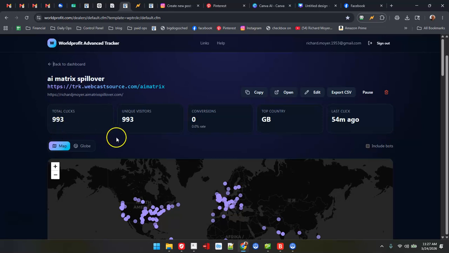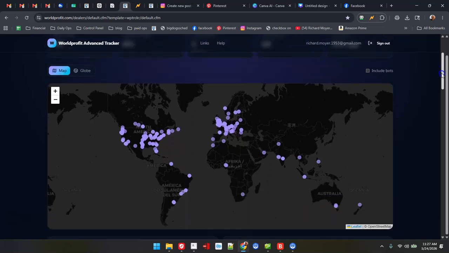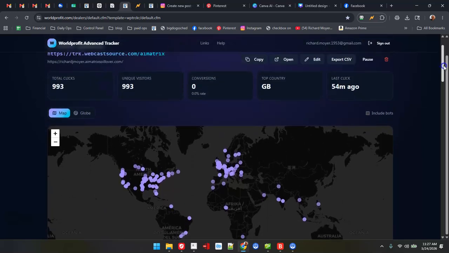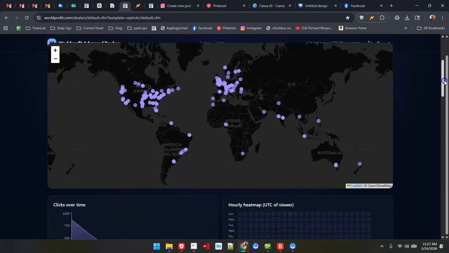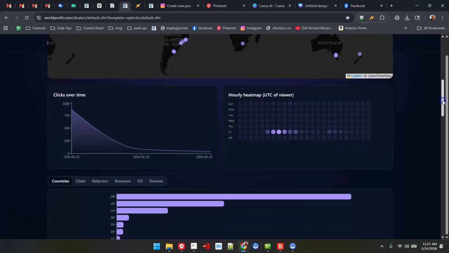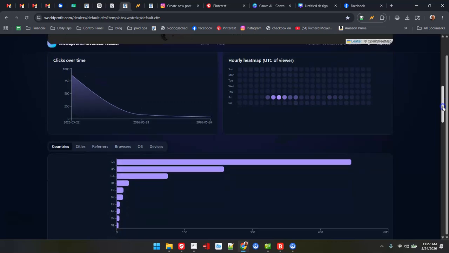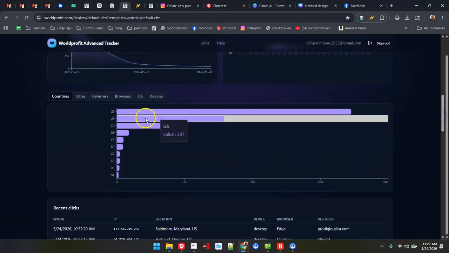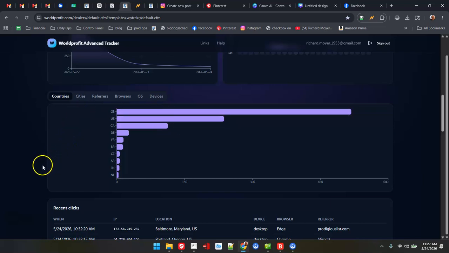Now here I got 993 clicks total, and unique. It does separate the unique visitors, and it tells me the last click, how long ago it was. And the top country reporting here is UK, Great Britain. So you come down here and it shows clicks over time. Now this thing's only been active for a couple of days, but as you can see, Great Britain, which is kind of an unusual designation. I would like to see that as UK, but